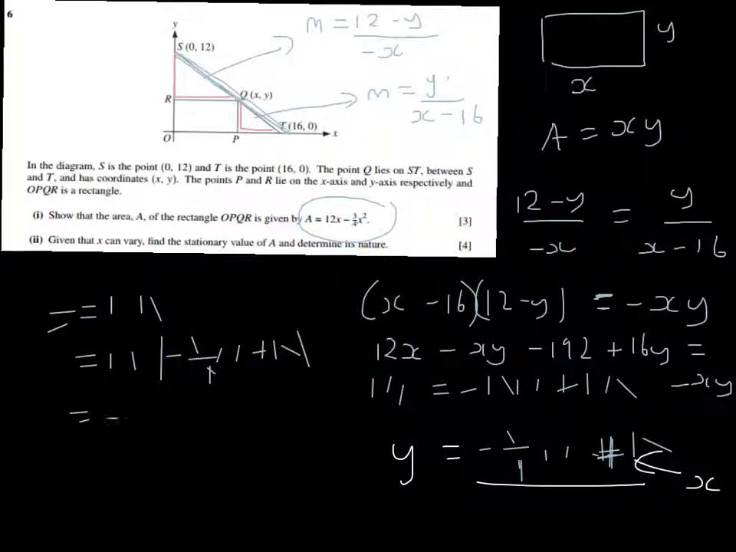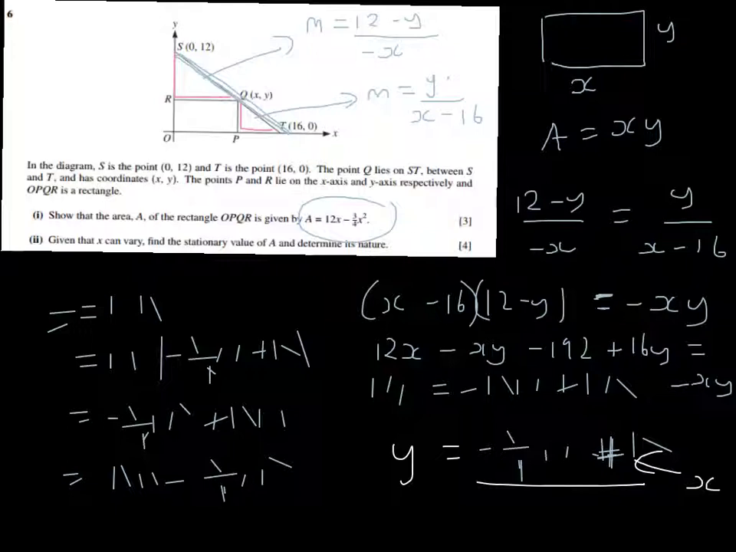And when you expand that out, you get negative 3/4 x squared plus 12x. Or what they've got, which is 12x minus 3/4 x squared. It's the same thing, it's just moving it around. I just realised for part one there might be a faster way to do it, which would be to